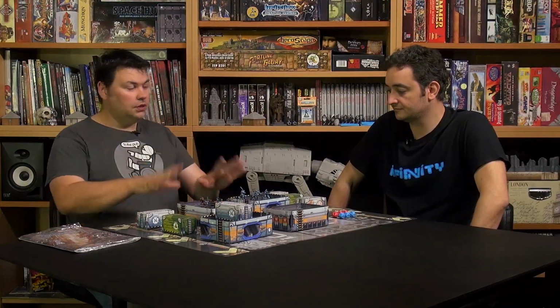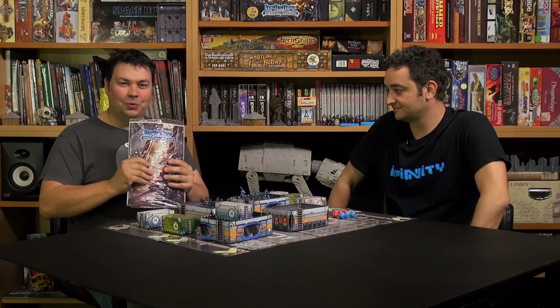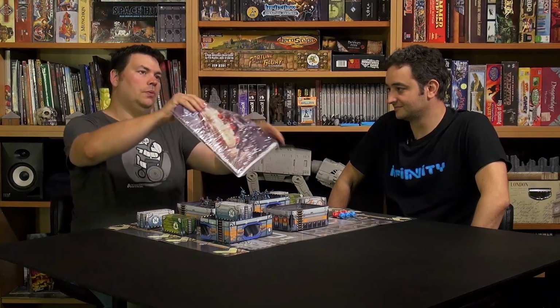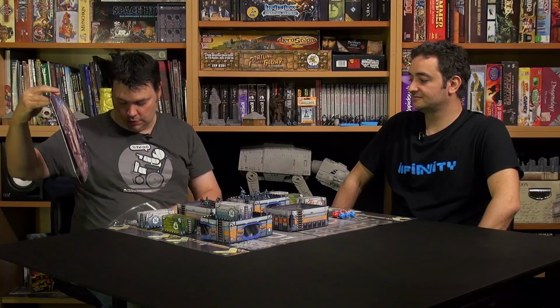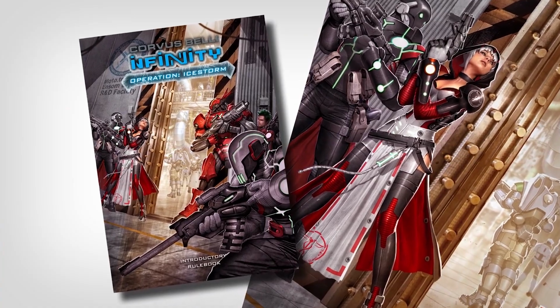So, Carlos, we've looked at the terrain, we've looked at the miniatures. Last but not least, and probably most importantly, let's get a look through the actual rules package that comes with the game. So, in this package, we have the rule books and the actual counters and tokens as well. Yeah, I think that's something for... I just dropped something there, so let me grab that. Okay,